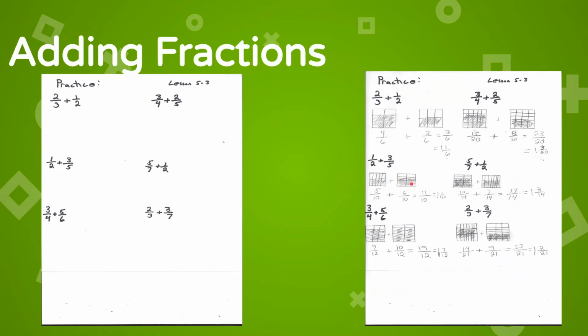And then we have to remember that we need to make it into more parts that are the same that we can count. So 2 and 5, we learned in an earlier problem that we're going to have to cut our whole units into 10 equal parts. 2 times 5 will give us 10. So when we divide